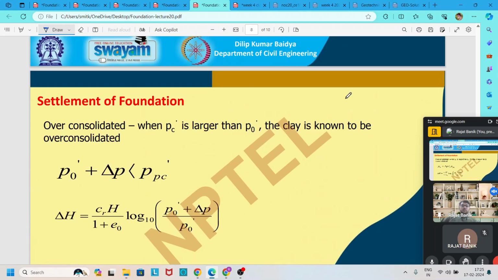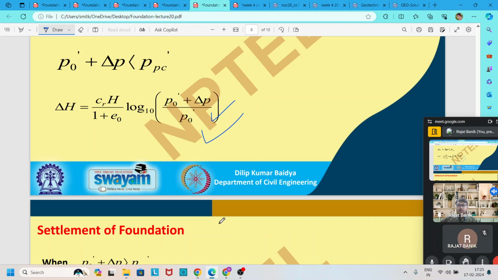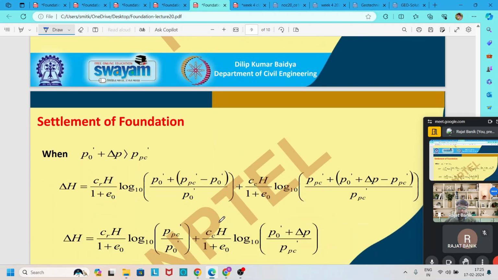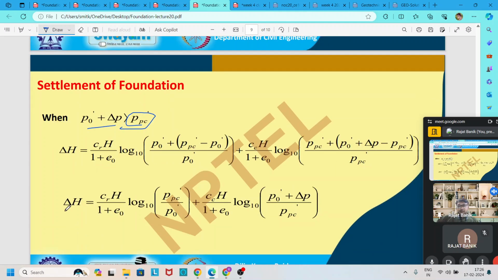Now there are two conditions. If our problem belongs to normally consolidated clay, then there is no problem to find out our settlement using the previous formula. That is like this only. But if our stress is greater than our consolidation pressure, that is P naught plus del P is greater than our consolidation pressure, then we use this formula, where